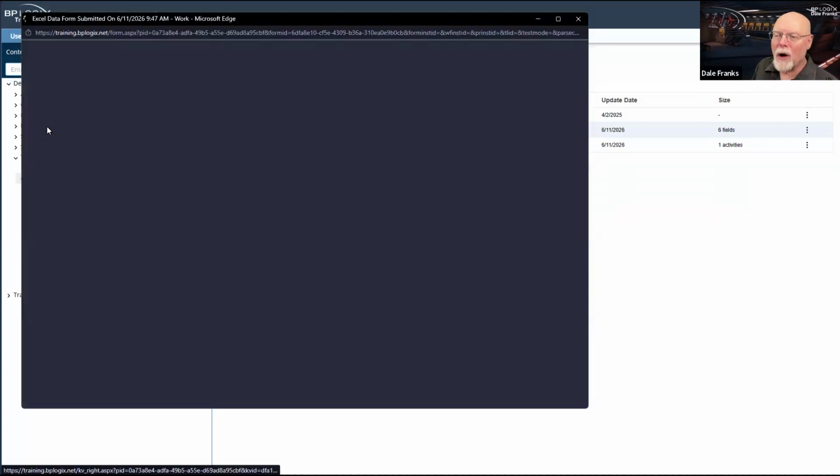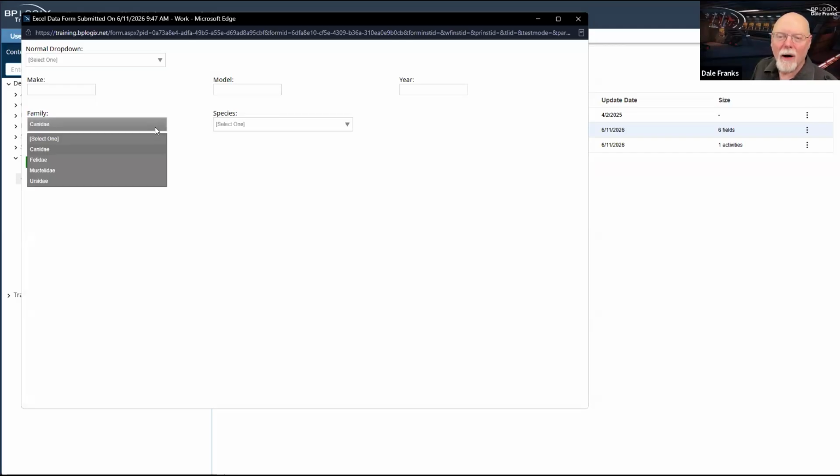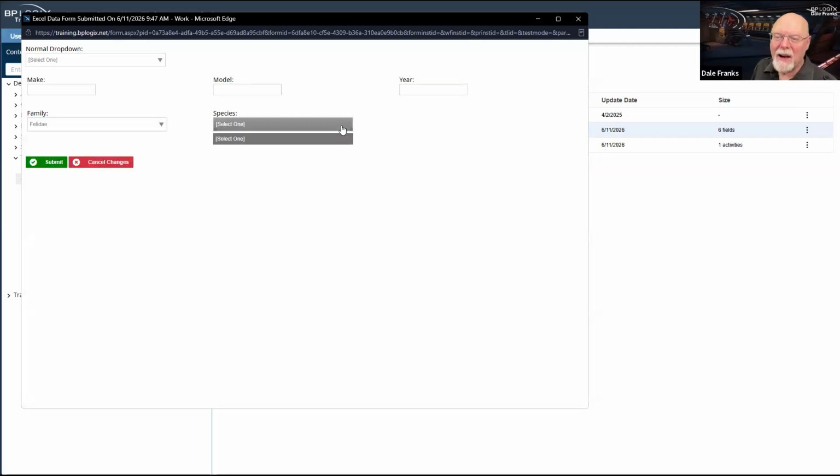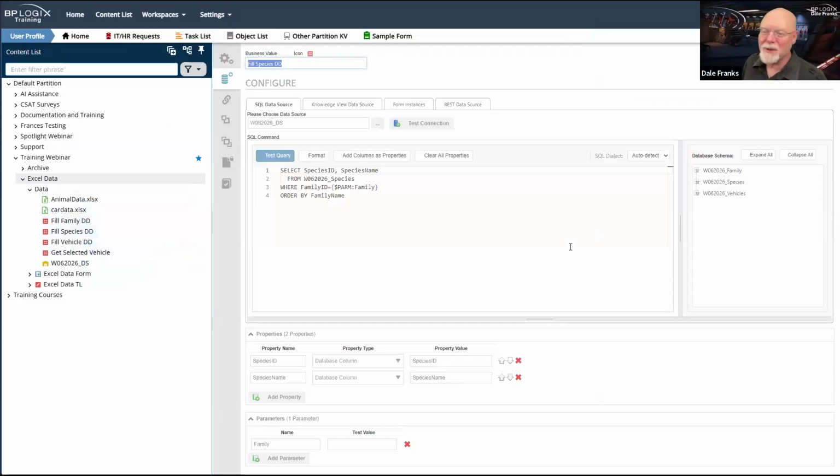And we can run it. And this time, when I pick Canidae, when I pick Felidae, okay, I've done something wrong. Let's go back to our fill species dropdown. Select species ID, species name from our species table where family ID equals parm family.